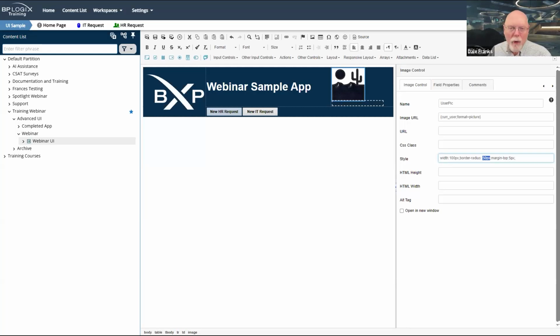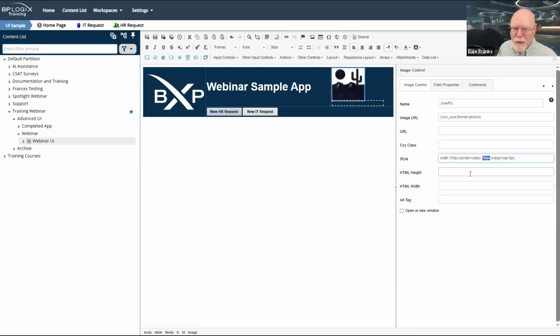And so therefore it's going to make a circle out of my profile image. If you don't have a square profile image, I think Process Director handles that for you, so you don't have to worry about it. I think all of the images that I've uploaded are square, and so that makes my life a little bit easier, but it will return that picture. If that picture is not square, I won't get a perfect circle like I will here.